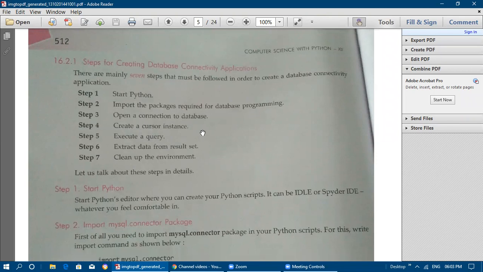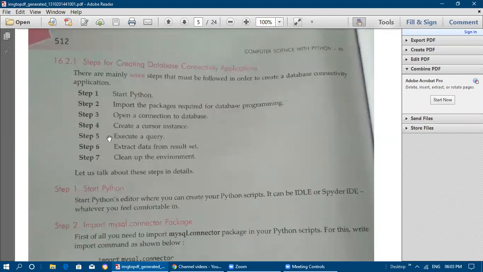And then fourth step is create a cursor instance. This cursor instance is used for getting the entire result. The result set fully will be stored in this cursor variable that is going to be assigned from the database. From a database table, you will get some values, and those values fully will be stored in a cursor instance. A cursor instance you are creating for getting the values only, for accessing the values from the database.